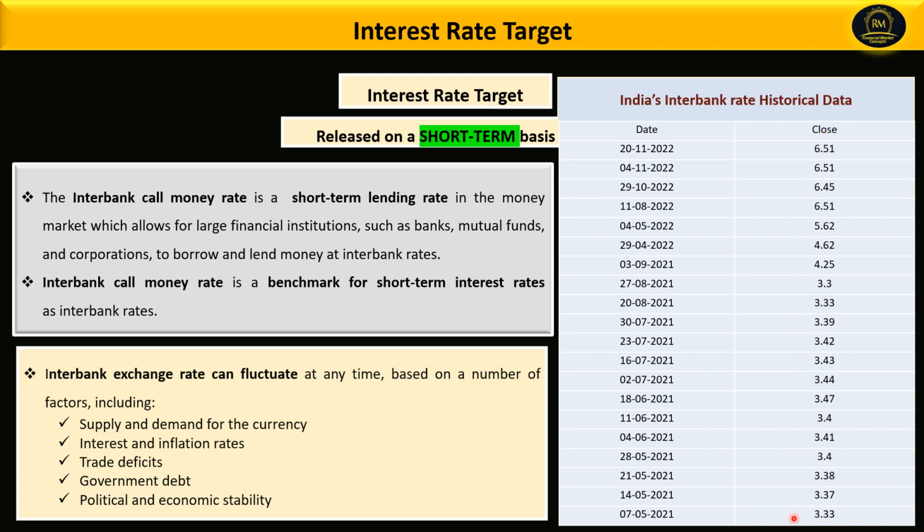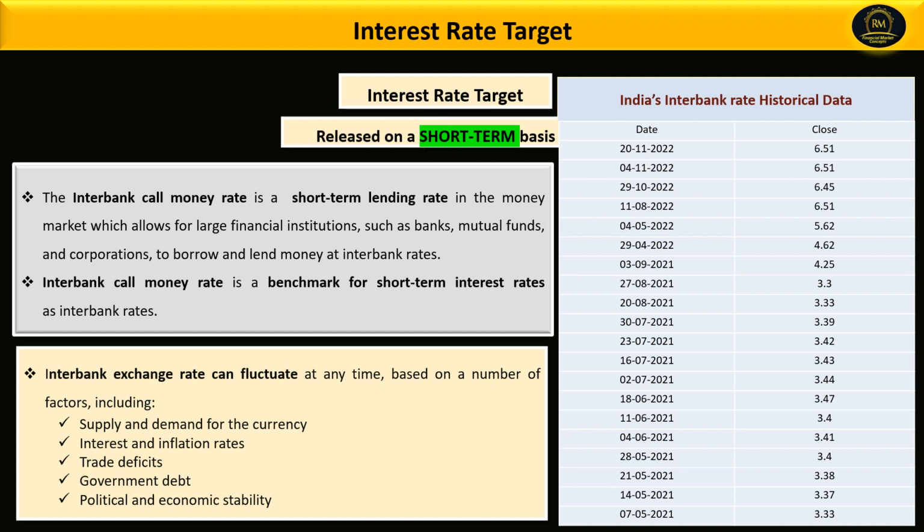This is fluctuating because of changes in these conditions, and see, in the month of July 2021 this rate changed once, twice, thrice and four times in a month. So this is a very short-term rate which is very helpful for the monetary authority to fix the